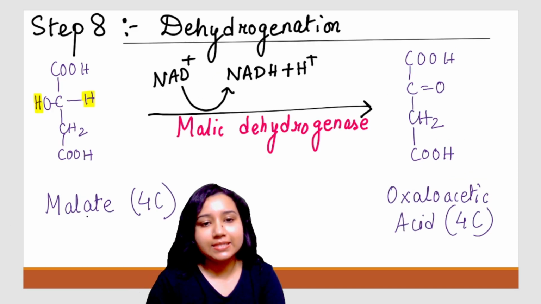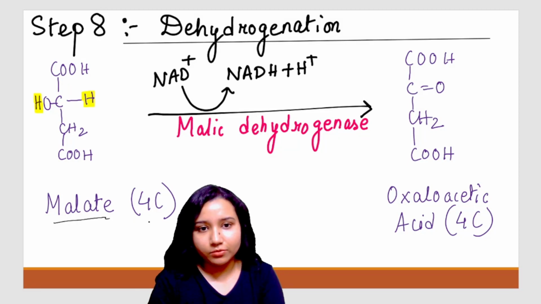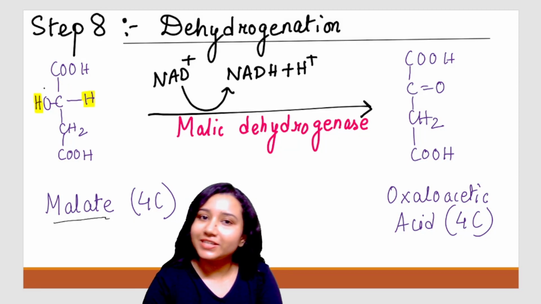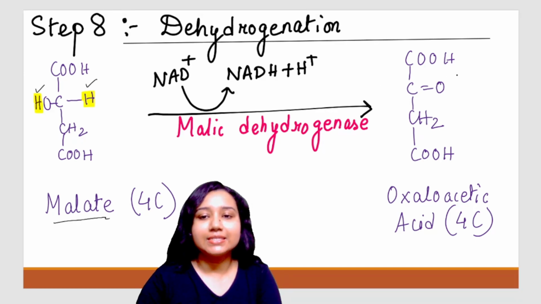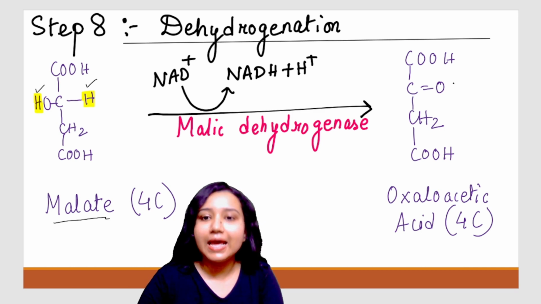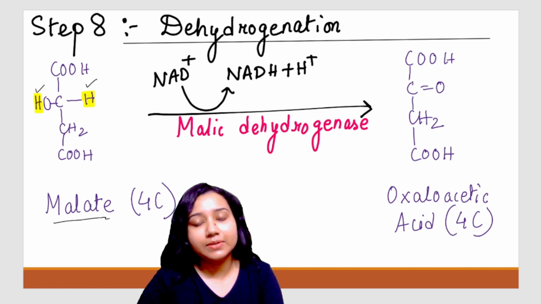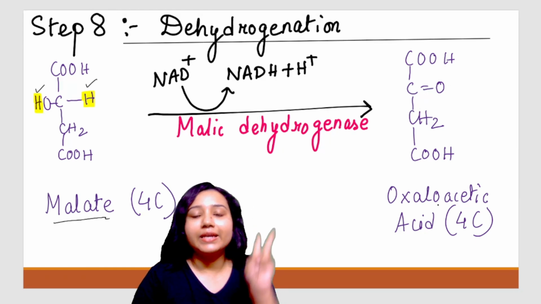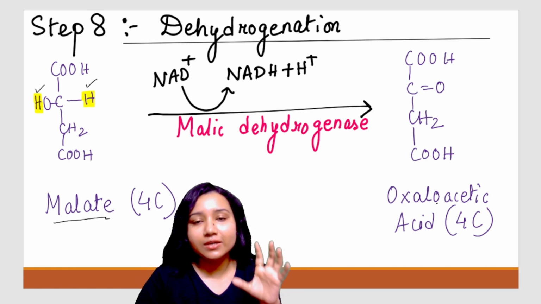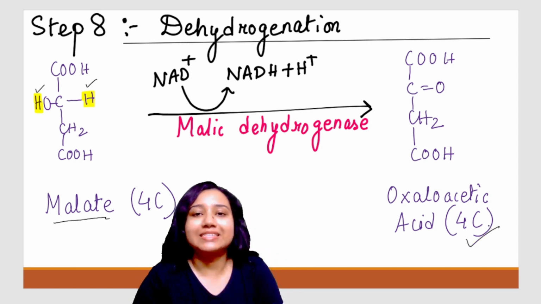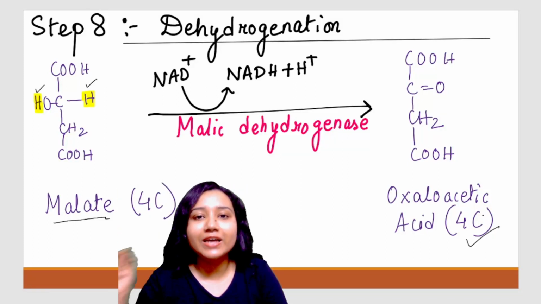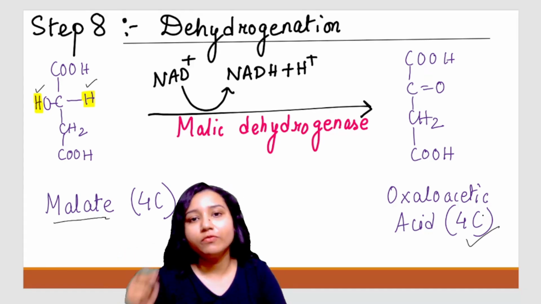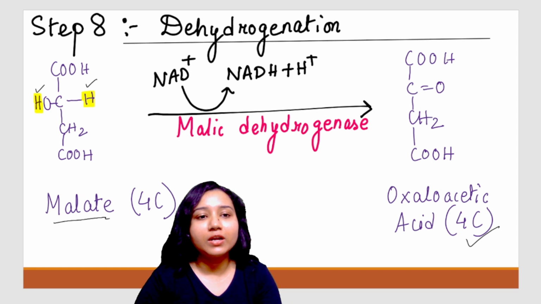In the last step, we can see malate, which is a 4 carbon compound. Here also again dehydrogenation is going to take place, where 2H is going to be removed, and as it is removed, we can see it is going to form a double bond with the oxygen. So it is carbon with double bond carbonyl, and we can see CH2COOH forming. So finally there are only 2 carboxylic groups present now, and it is forming oxaloacetic acid, which is again going to replenish, right? It is very important that oxaloacetic acid is forming, because replenishment of oxaloacetic acid is important for continuation of